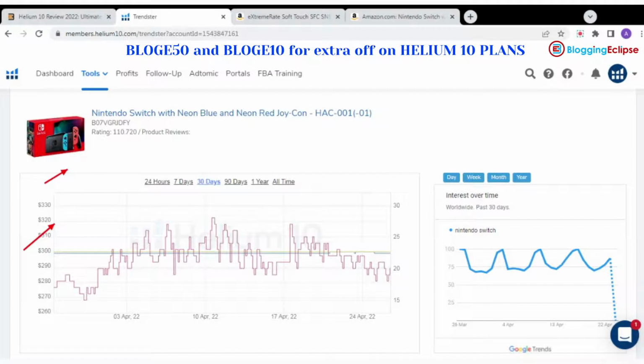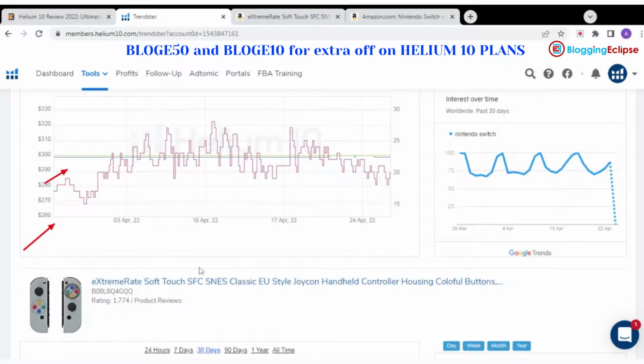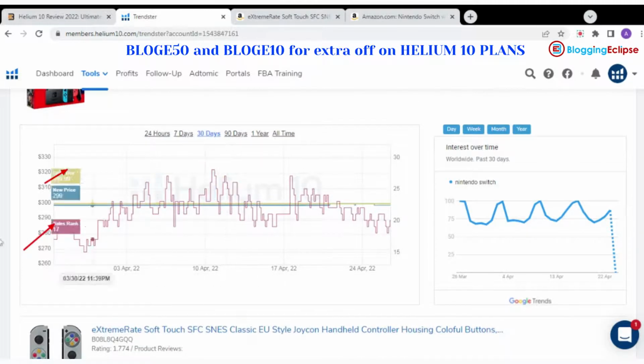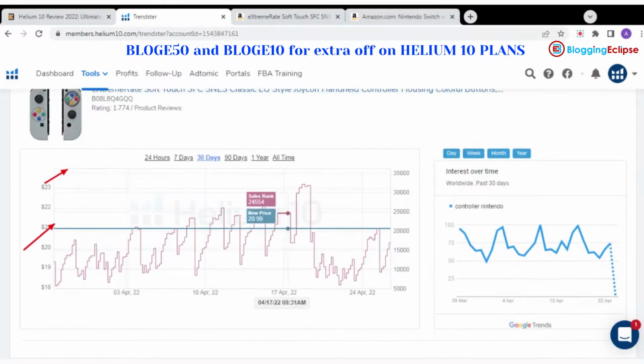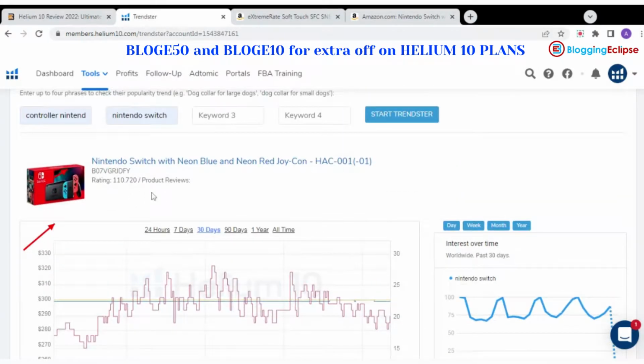For example, on the 26th of March there were 100 searches for the Nintendo Switch, which went down to 68, then 95, then 99, then 72, 73, 70, 100, and so on. And here is our second product with a rating of 1.774, and here is our Nintendo Switch with a rating of 110.720. You can also come across product reviews and everything, but we are not going to get into that part at this moment.